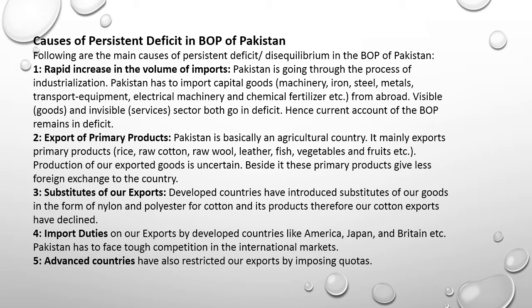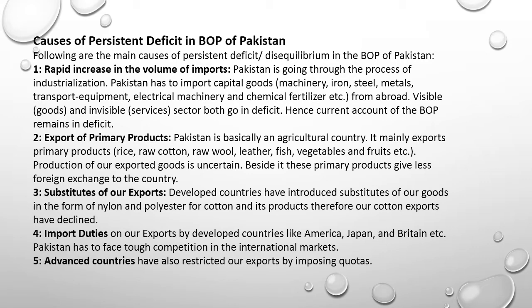This is the first cause because we are promoting our industrial sector, and for that industrial sector we have to get machinery and capital equipments, etc., from abroad, from other countries, and we have to pay for that. So therefore our foreign exchange goes out of the country. This is an expenditure in our current account.